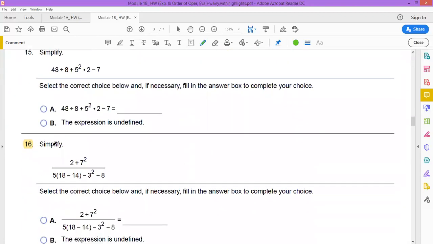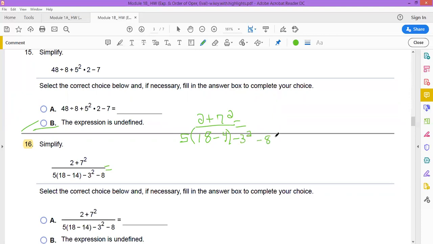All right, let's look at number 16. Now for 16, we're going to simplify again. Remember, we've got terms in the numerator, terms in the denominator. So I'm going to rewrite the division problem over here to the side so we'll have a little bit more room. That's 7 plus 2 plus 7 to the second power in the numerator. In the denominator, we have 5 in parentheses 18 minus 4